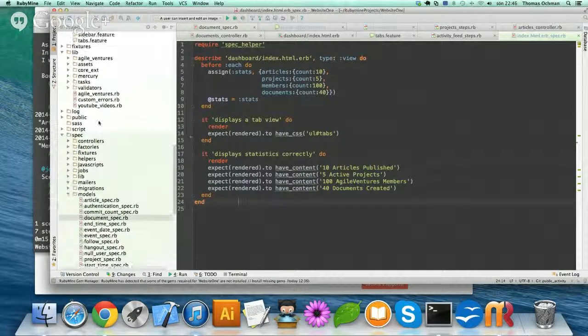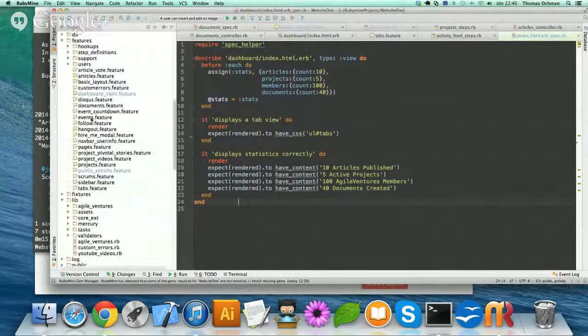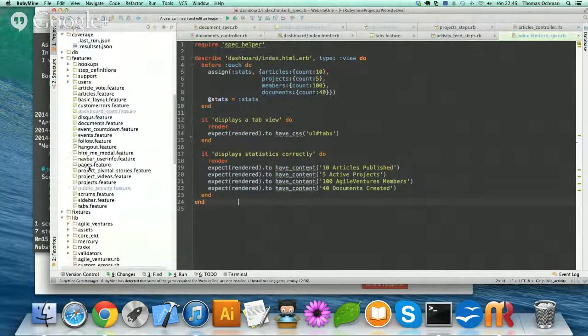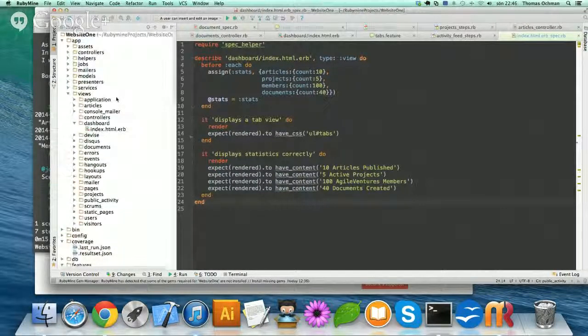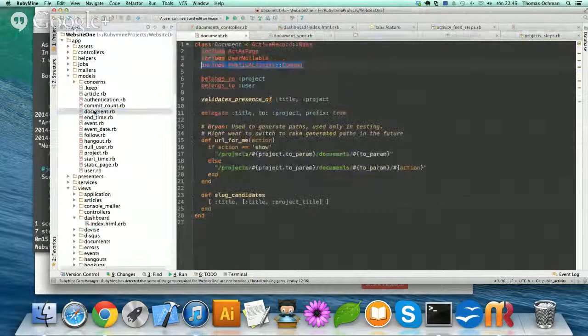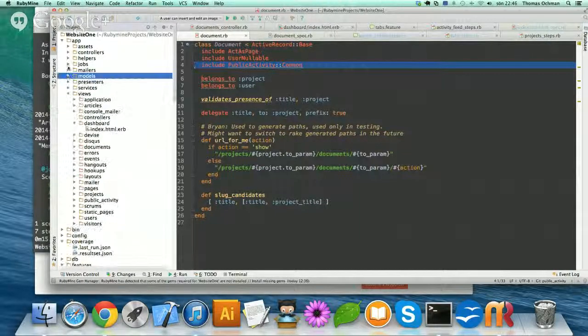Well, what I did is there are different ways to integrate this gem, but I chose a very simple solution. You go to a model, for instance, to the document, and then you include public activity common, as I do here on line 4. And then what I do next is I go to that controller,